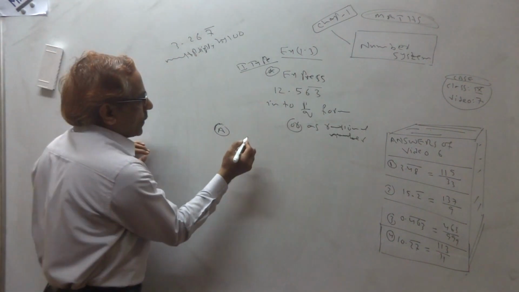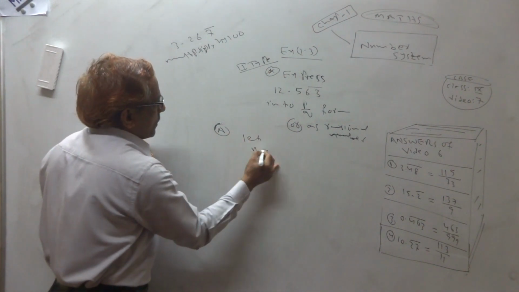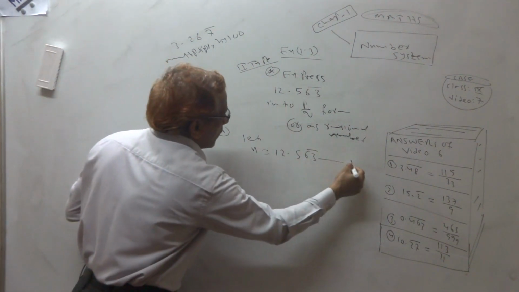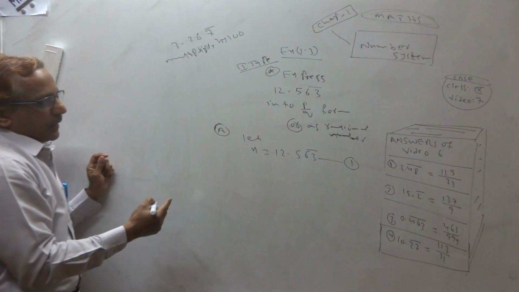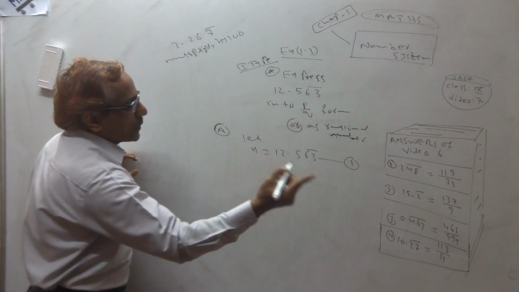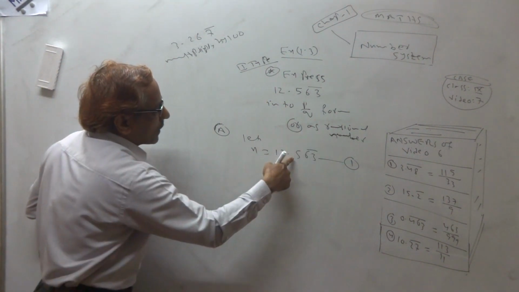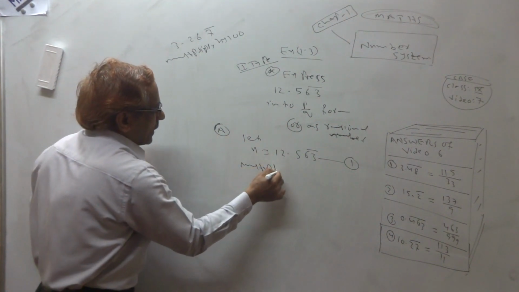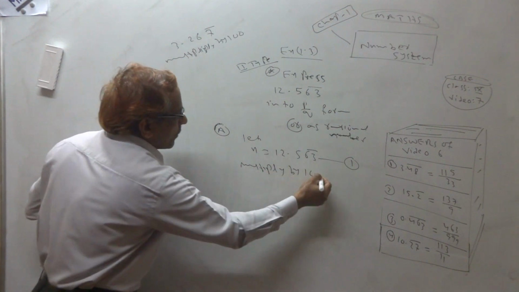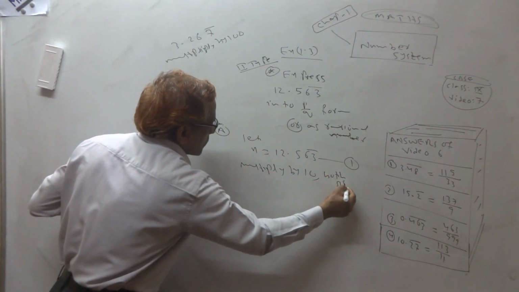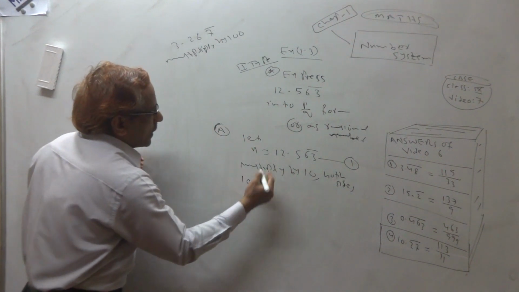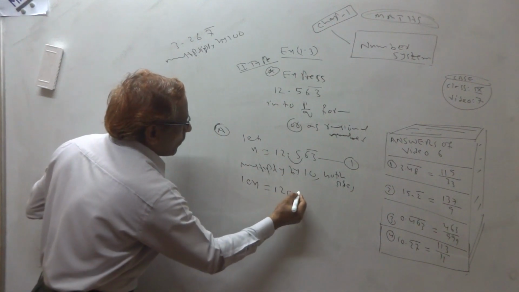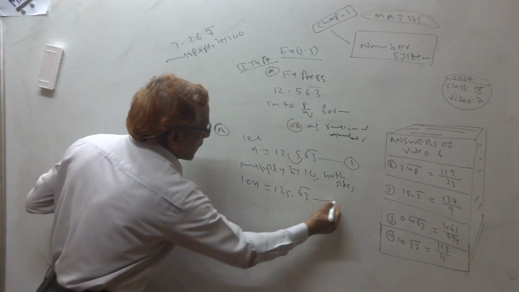Okay. So we take three equations. First, we suppose it is x. This is equation number 1. Clear? Then you should see how many numbers are outside the bar. One number, so multiply by 10 on both sides. What do I get? 10x. So this decimal will move here: 125.63 bar. Clear? Second equation.